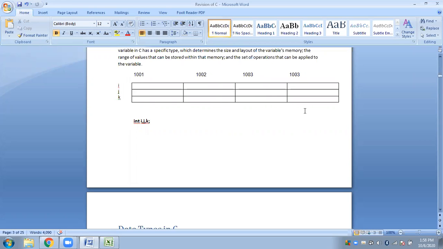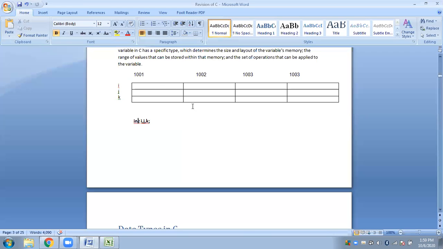In memory, it need not necessarily mean that each of these variables will stay together. They can be in any scattered position. If i is in here, j can be anywhere, k can also be anywhere. Just for the sake of the explanation, I'm showing you all the blocks together. But i can be stored anywhere in memory, j can be stored in any other location, k can also be stored in any other location.